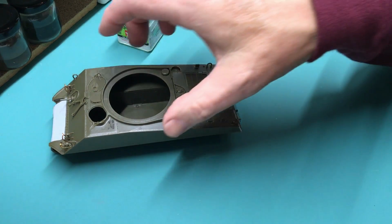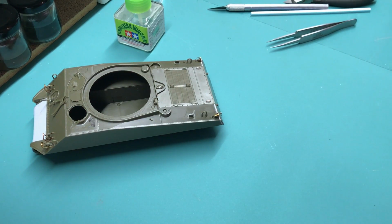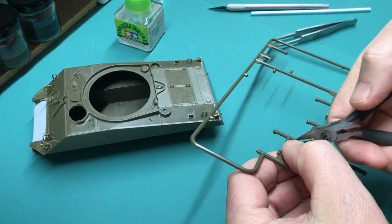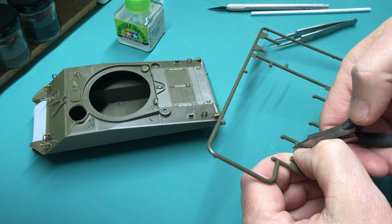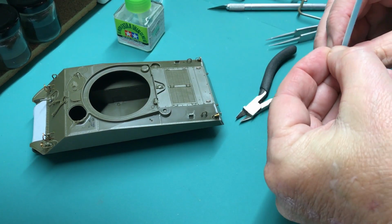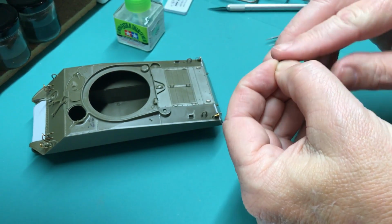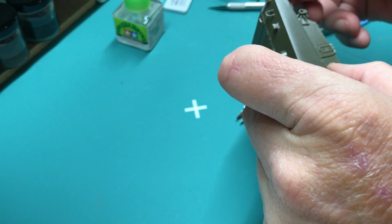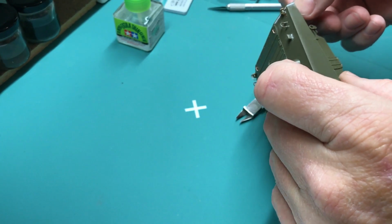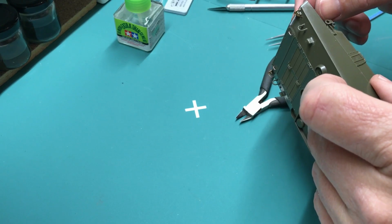Alright, so now I need E3 and E5, which are cover plates that go on there. They're optional, but I want to use them. So let's see, E3. So we got E here. So we got E3. Because looking at some pictures, they seem to be, you know, used quite a bit. So there's no reason not to use them. Okay, E3, and that goes right there,